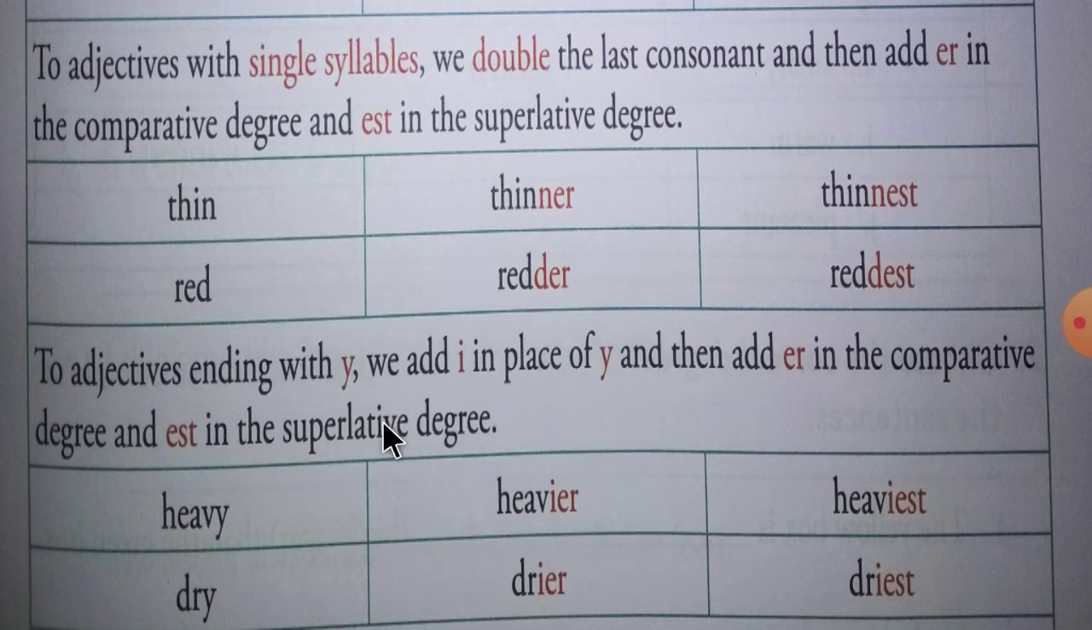So now it's time to write. So write point number 3. Now start to write with me, okay? Two adjectives with single syllables, comma,